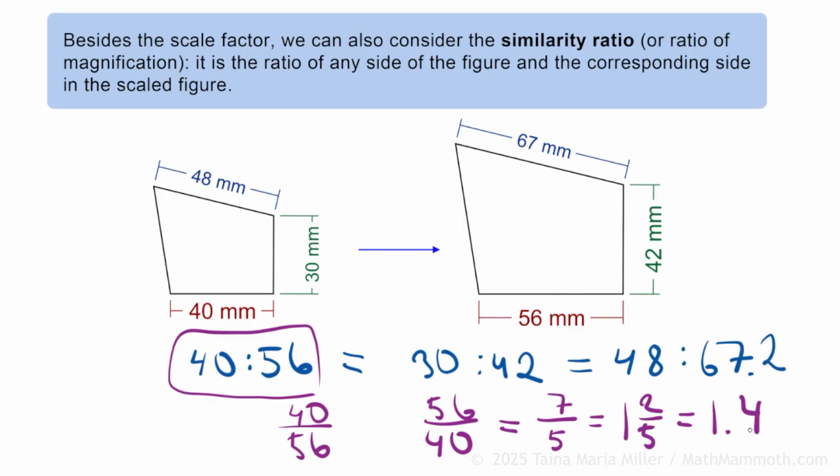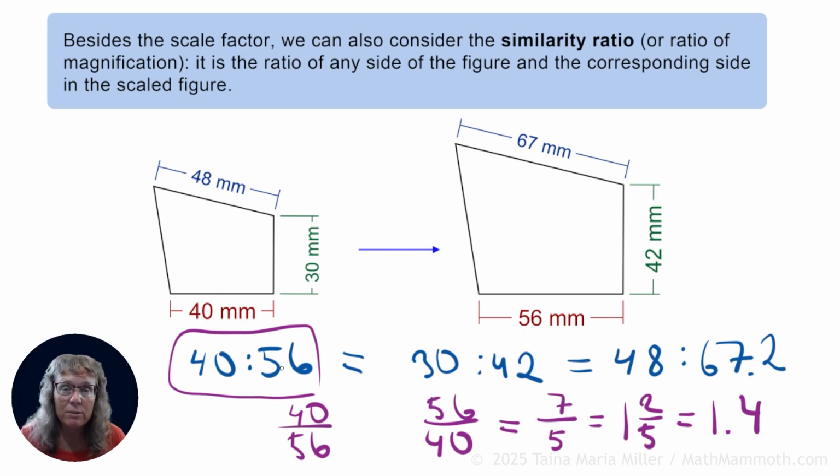Now, the similarity ratio is here 40 to 56. So it is written as from the smaller to the bigger. Smaller to bigger, 40 to 56. But I could also give it the other way around, 56 to 40, or 7 to 5. I just need to specify whether it is from the bigger to the smaller, or smaller to bigger, to make